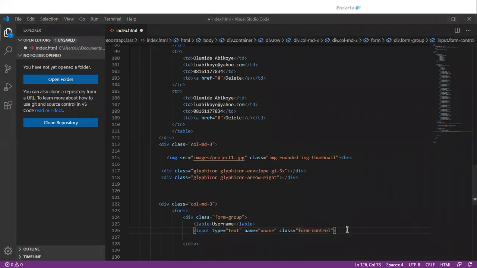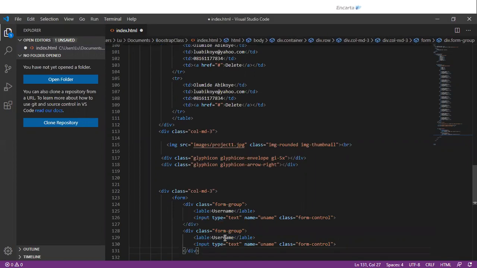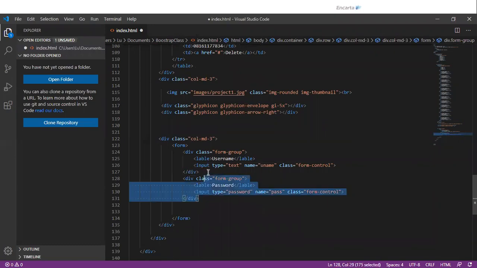And I give it class form control. I do the same thing for the next field. Let me just replicate this. I call this password, but instead of text, I call this a password, so it's a password field. I give it a name, call it pass. This is done. Then the next item,